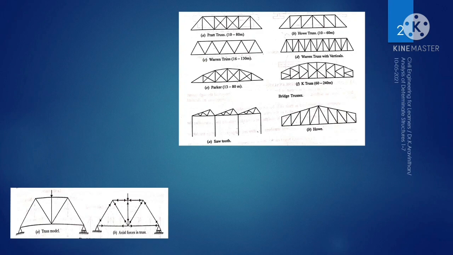So, majorly the influence lines are used for bridges, that is for moving loads, and majority of the bridges are being constructed by trusses. This has a close connection of influence line. When looking into the truss, these are majorly constructed in steel members, and there are different types of trusses which we will look into.